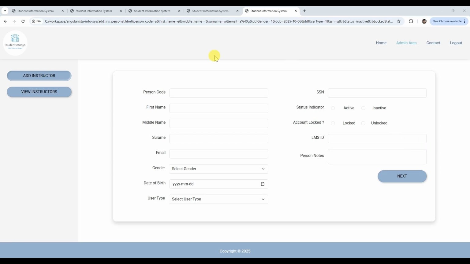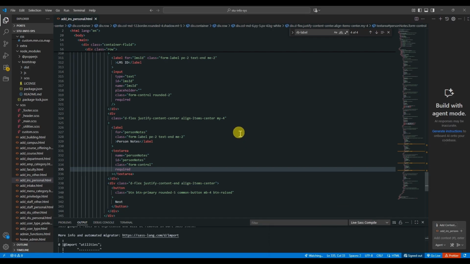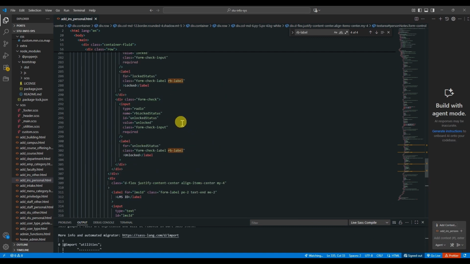Now we know how we can activate the default validation in any form. Let's see how we can customize this validation and not show the default ugly looking pop-up message, but show something more attractive and more visible to the user to clearly differentiate the valid inputs and invalid inputs. To do that, first thing we have to do is go to the form element,